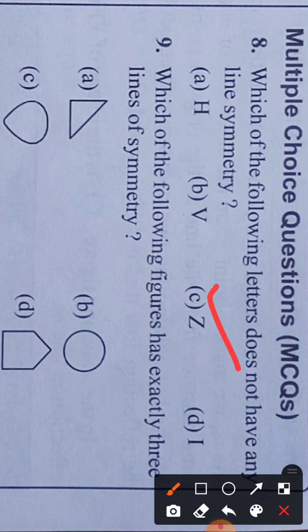So Z has no line of symmetry. We already know this one. Okay, which of the following figures has exact